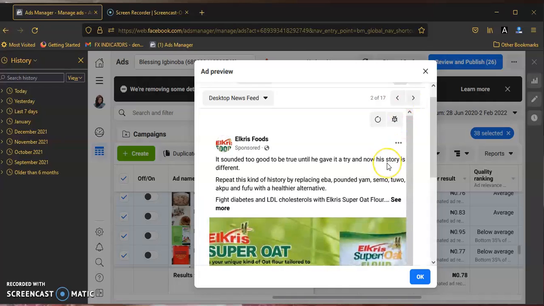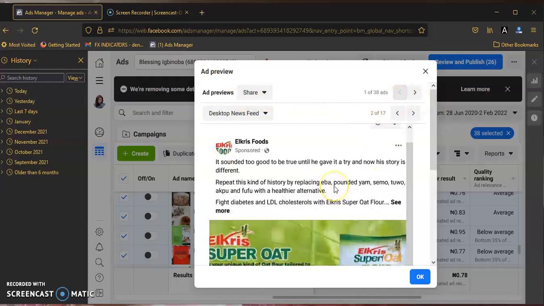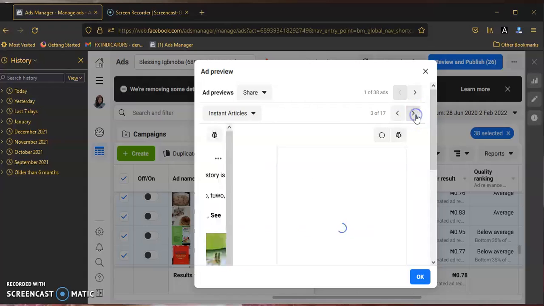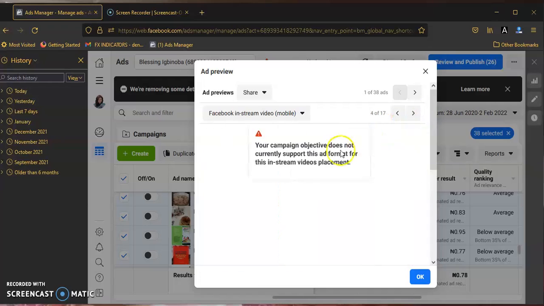This is the same advert, how it appears as text. Okay, sorry. That's what this will be showing you. Each of the adverts was even promoted in 17 ways. This one now was promoted in 17 ways. What does it show here? These are different modes in which Facebook shows the advert. So these are different.